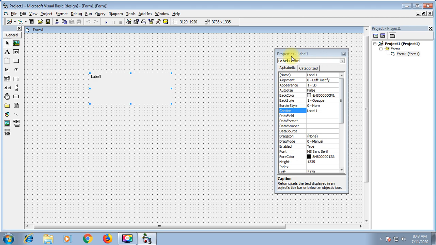So I can know the name of the control by reading the name property of any control. Any control will have a name property.